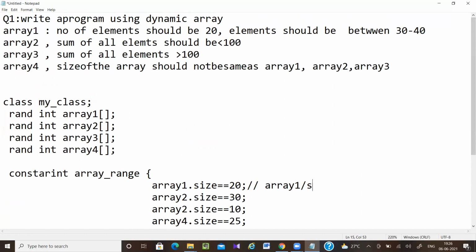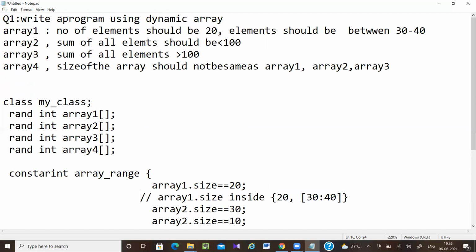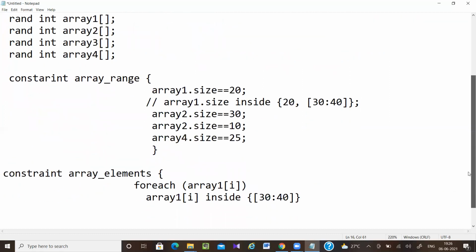Array 1 dot size inside 20, 30 to 40. So here the size can be 20 or anything between 30 to 40. Let's add this line here. Now array 1 elements are between 30 to 40.